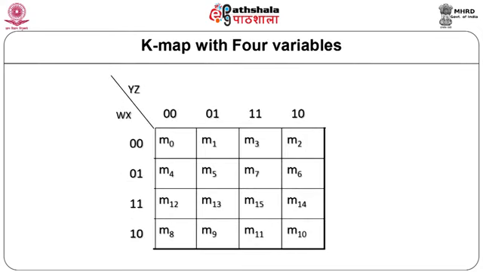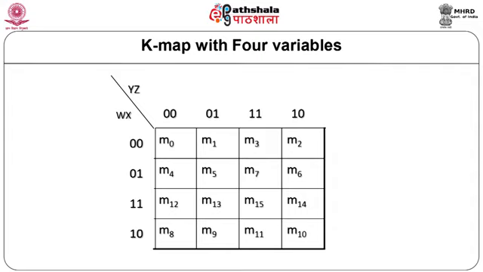Let us consider the K map of 4 variables and its representation. We will be writing 2 variables in rows and 2 variables in the columns. Say for example, we are writing W X to represent rows and Y Z representing the columns, and the values for these rows and columns are written in a gray code format. So, we start with 00, 01, 11 and 10 for the last column. Same thing is true for the rows.